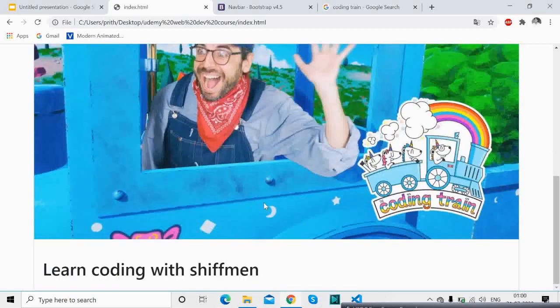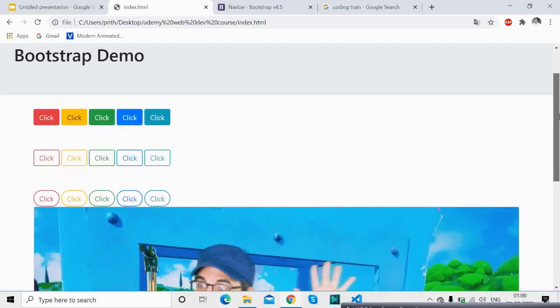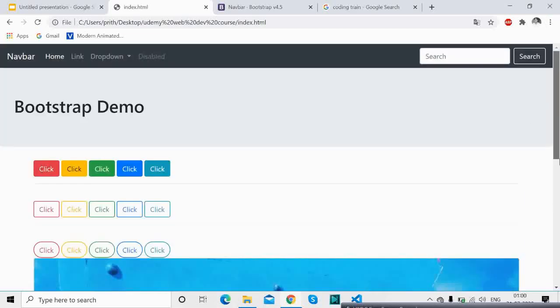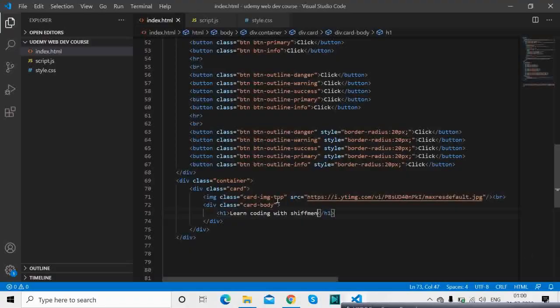Okay, so basically you have this thing over here, but you want to reduce the size, so here comes something called Bootstrap grid. Let's give you an idea of what a Bootstrap grid is. So first, this is a div of class row.